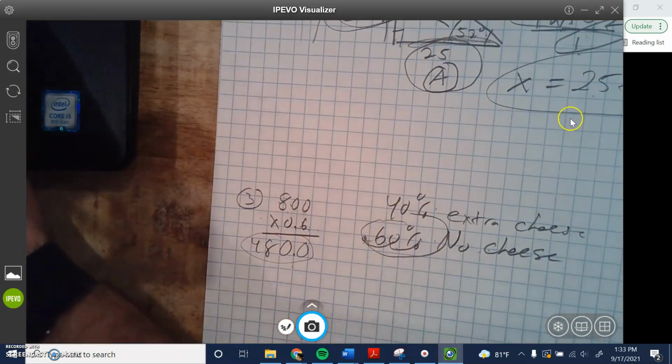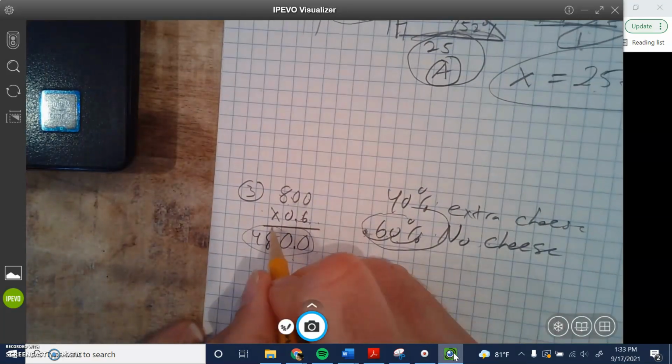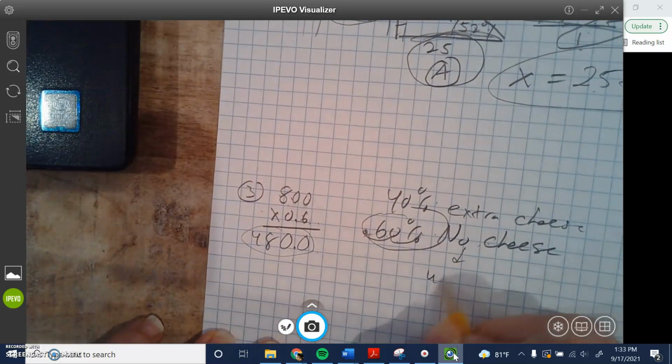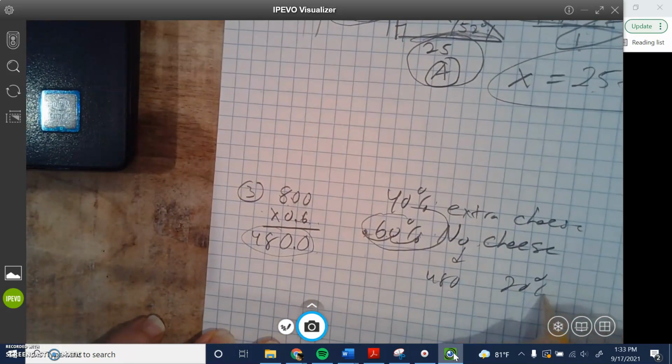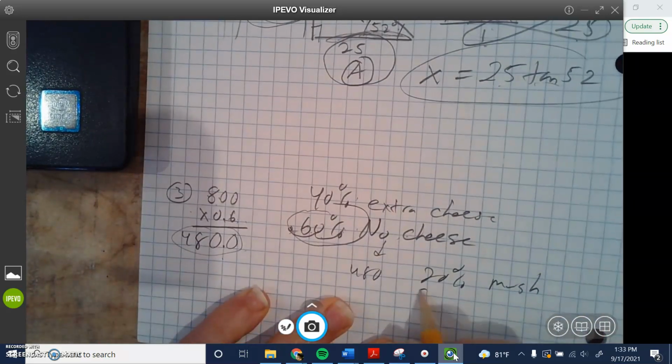So what does it also say in the problem? We have a second step, right? Of those who did not order extra cheese, so that's 480, we got that, 20% of those orders requested mushrooms. How many of the orders that did not request extra cheese did not request mushrooms? So we have 480 right now, no cheese. And we know that 20% ordered mushrooms. So that would mean that 80%